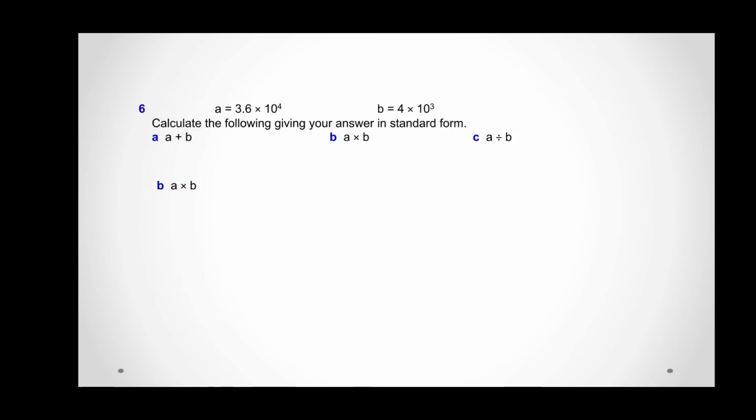So then the multiplication, a multiplied by b. When you multiply, you don't need to worry, 3.6 you can just multiply by 4. Then when you multiply the powers, 10 to the power 4, 10 to the power 3, you know that the base is equal, so you can add the powers, so that becomes 10 to the power 7, and when you multiply 3.6 by 4, it is 14.4, then convert again to the standard form, then 1.44 into 10 to the power 8,